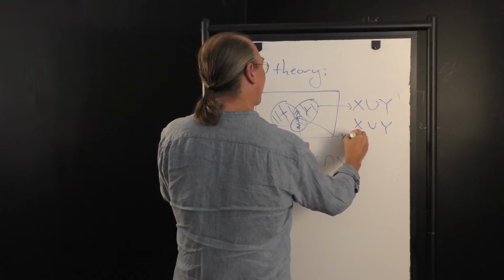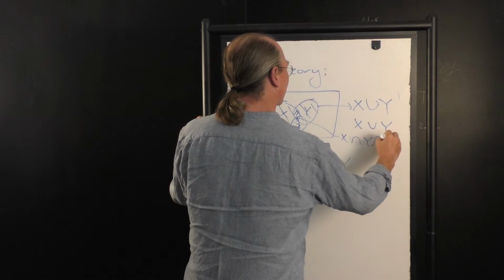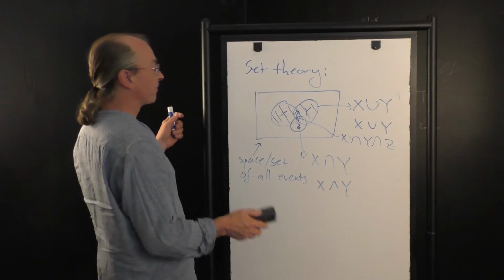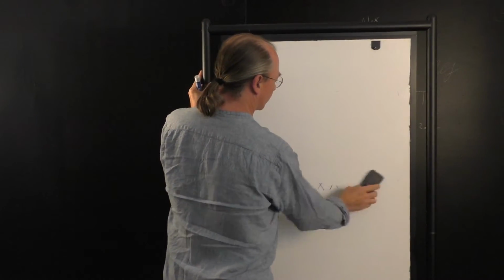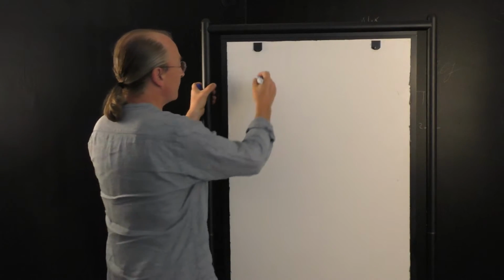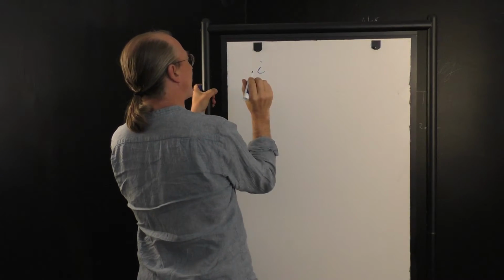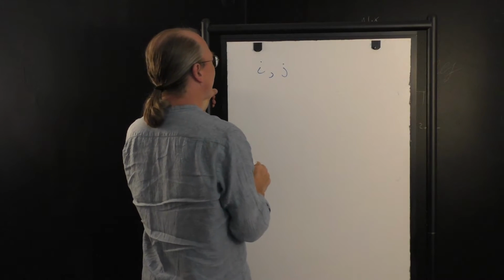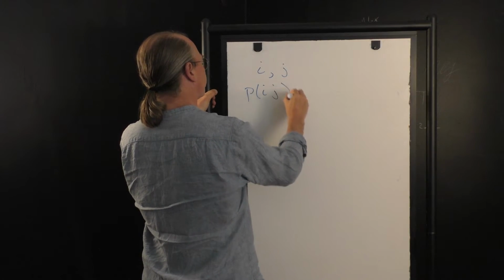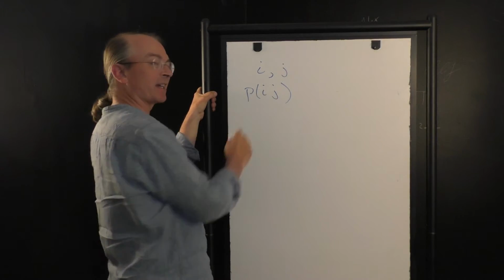And here we have X intersection Y intersection Z, which is not the empty set in terms of Santa Fe. Okay, so now let's actually look at the kinds of information that are associated with this. Suppose that I have a set of possible events. I'll call one set labeled by I, the other set labeled by J. And now I can look at P of I and J. So this is the case where the first type of event is I and the second type of event is